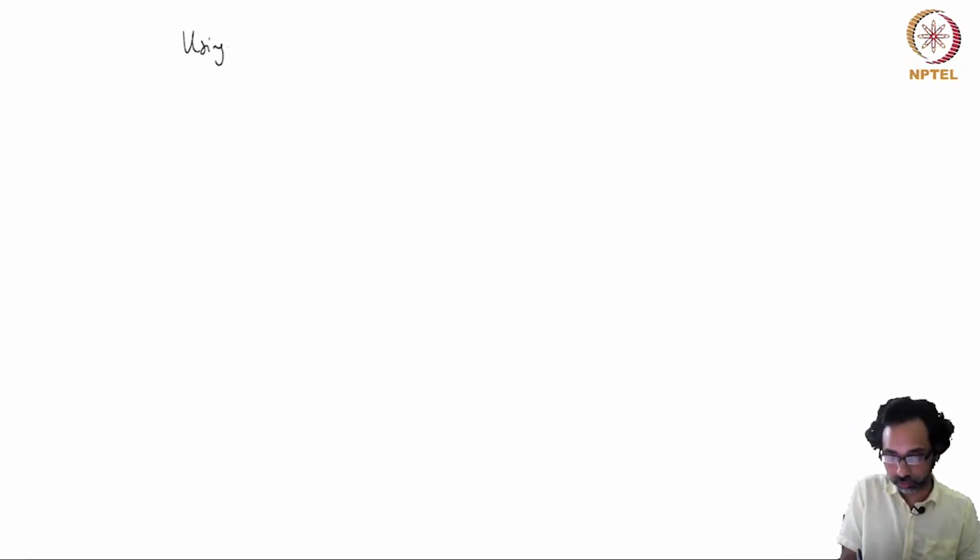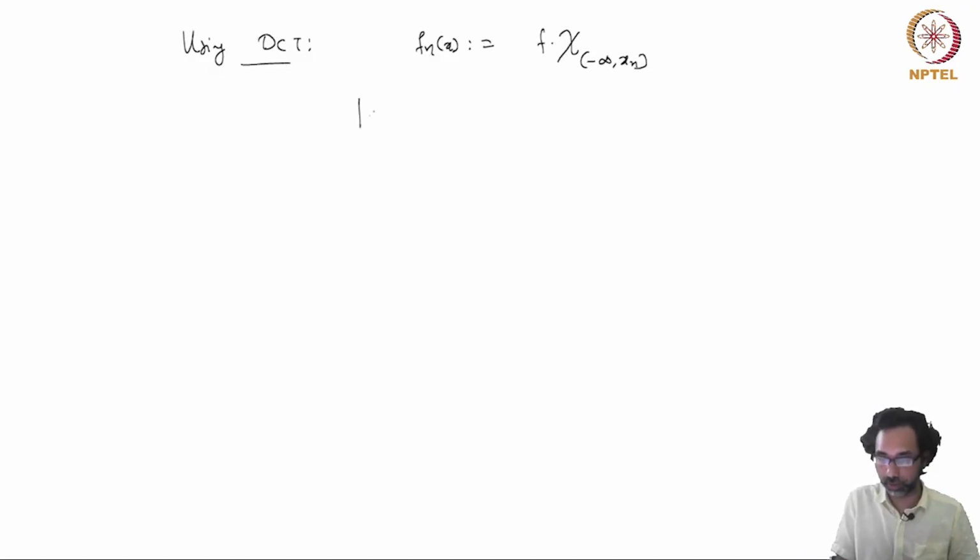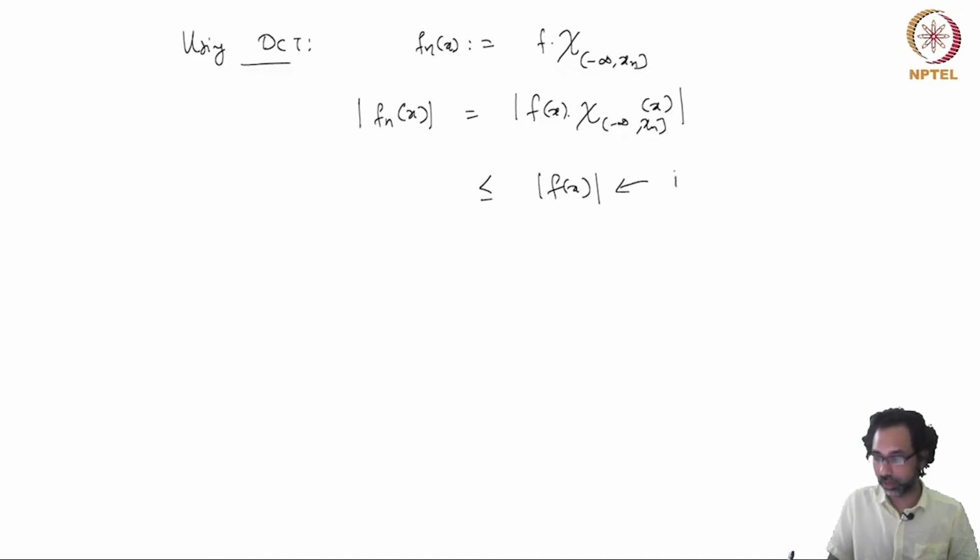So using the dominated convergence theorem, for the sequence of functions f_n(x) defined by f times the indicator function of minus infinity to x_n, then we have mod of f_n(x), which is mod of f(x) times the indicator function of minus infinity to x_n, and this is less than or equal to mod of f(x), and this is an integrable function. So this implies that by DCT